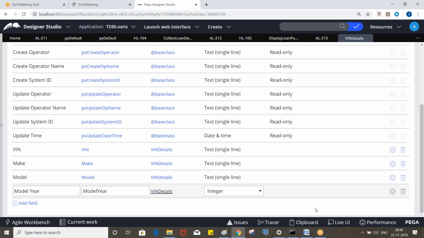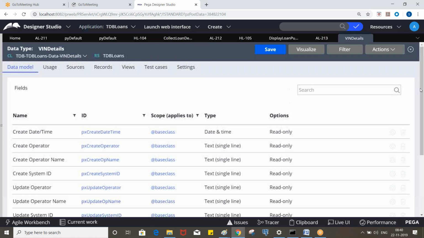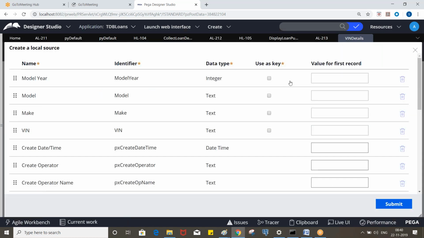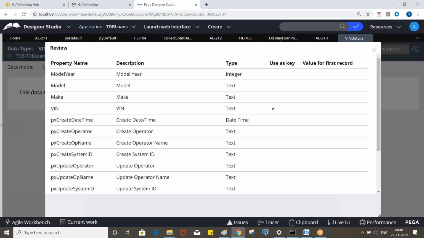Okay, so now go to the sources, select a key, that is VIN. Okay, so this is the primary key. So now go to the records and enter the data.